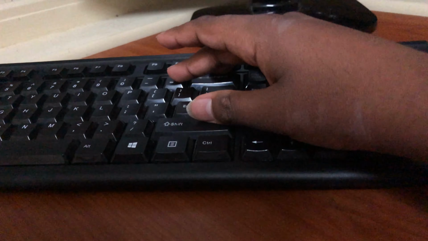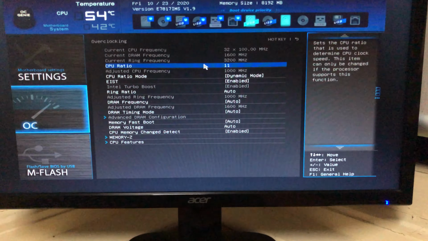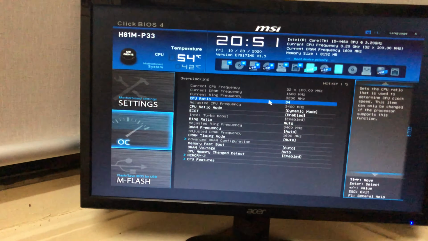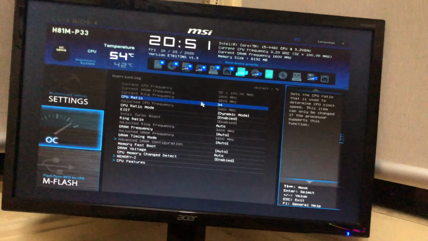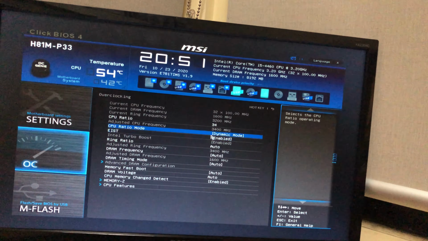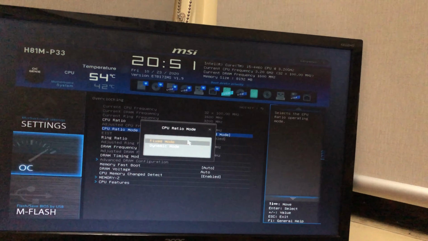Here, you need to use the plus and minus buttons, so shift and then plus. As you can see, it keeps going up, and ours will lock at 34, because our turbo multiplier is 34. And here, if you go fixed, it'll stay at 3.4 gigahertz the whole time. And here, if you go dynamic,